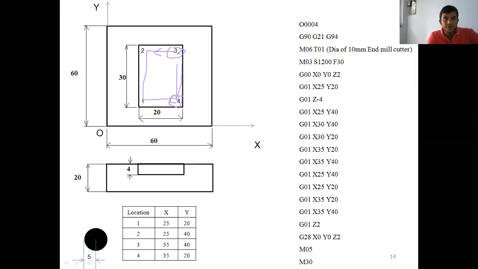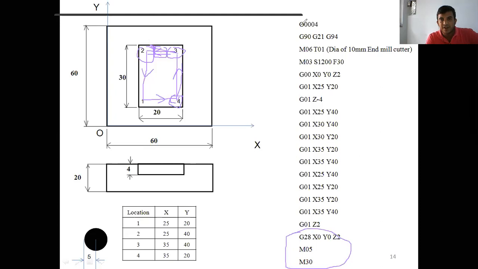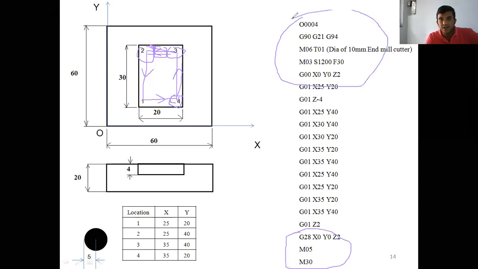Why do you want to move like this? Either move in the counterclockwise or the clockwise direction. Why do you want to move this? See, if the cutter goes 2 to 2 dash, you can see that some material is present here. Then I want to remove this material also. For that, we move this path. Then after this, remove the depth, then send the tool to home position. The last 3 steps are the same. The first 5 lines, the last 3 lines, 8 lines are the same.